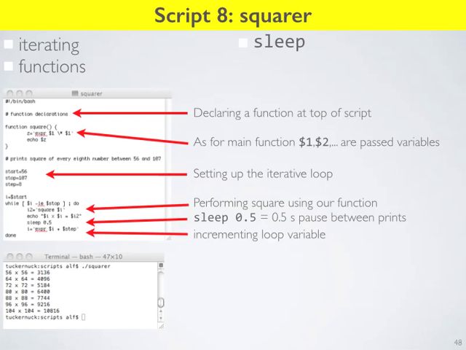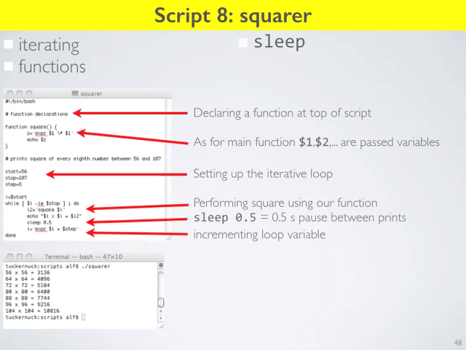Then we're going to hit our while loop, and the while loop does the following test. It says while $i is less than or equal to $stop, so while this loop variable i is less than 107, the loop is going to execute. We run through the loop and assign the variable i2 equal to square $i. We've enclosed this in those special backticks, which means execute this bit first, and then assign its output to i2.